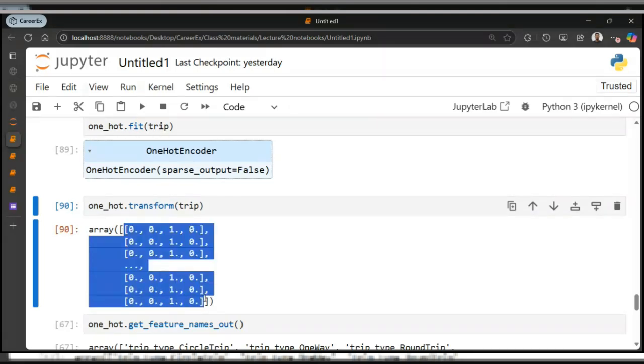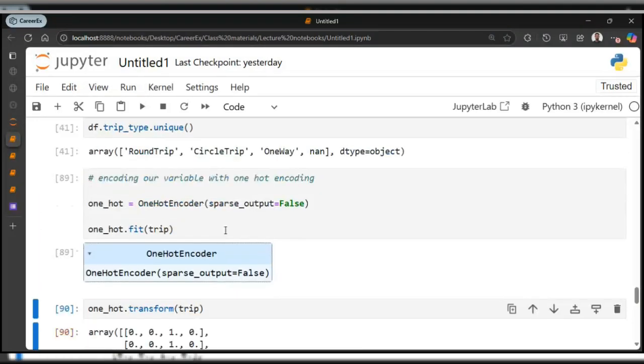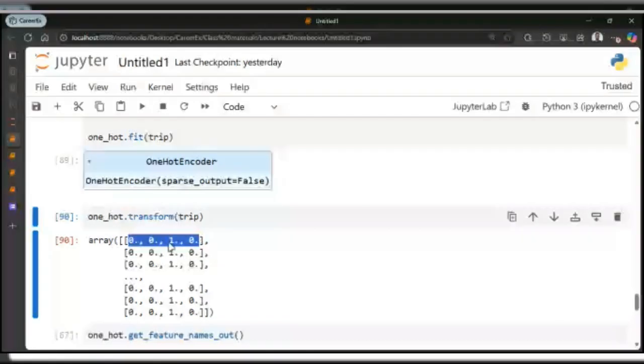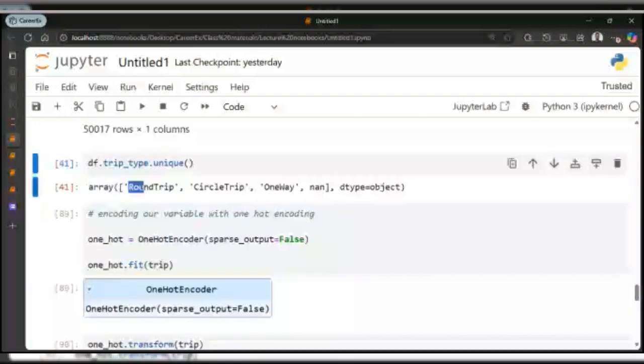You can see we now have 4 columns and 50,000 rows. Each of these columns corresponds to a particular category. Remember that this is a feature, a particular variable. So this particular variable has 4 categories.